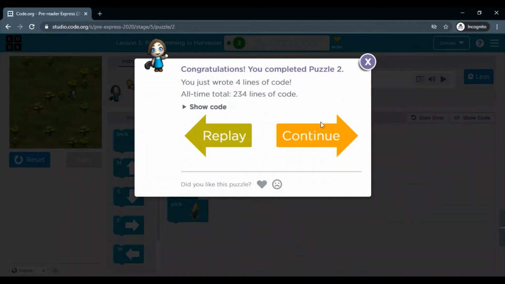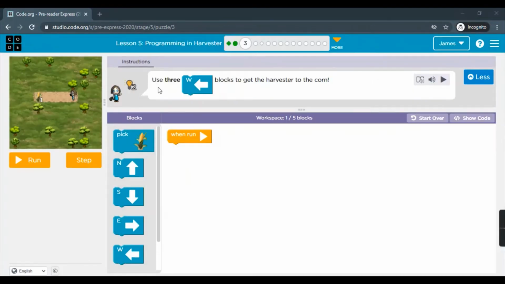Okay, let's continue to puzzle 3. In puzzle 3, use 3 west blocks to get the harvester to the corn. So it is already given how many steps we need to move and on which side.